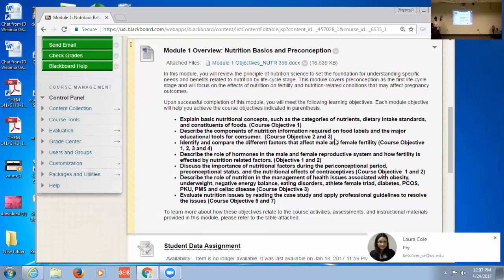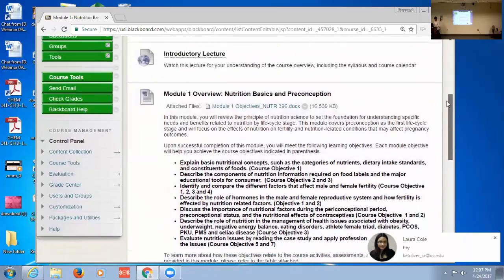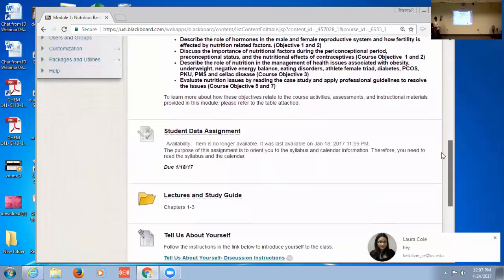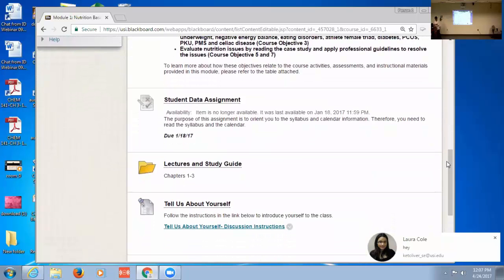In the first few weeks of module 1, they do an assignment called the student data assignment.